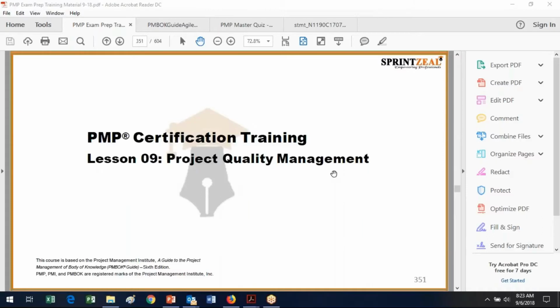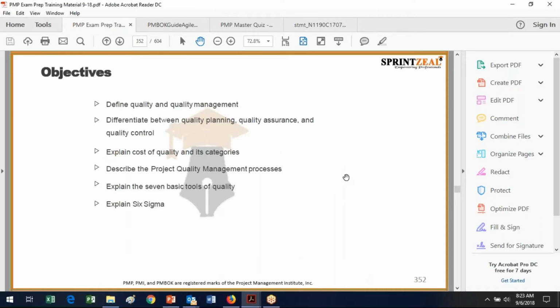Okay, so today we're going to talk about quality management. And of course, remember I've said previously that quality is the conformance to requirements. So we're going to define quality and quality management, and then we're going to differentiate between and among the various aspects of quality. And again, because this is a potential fodder for questions, are you doing quality planning or